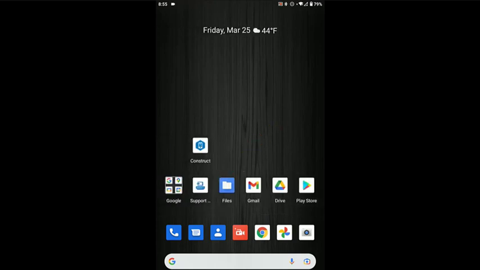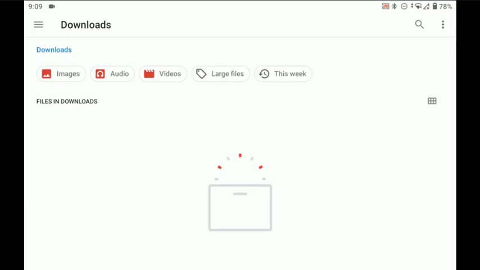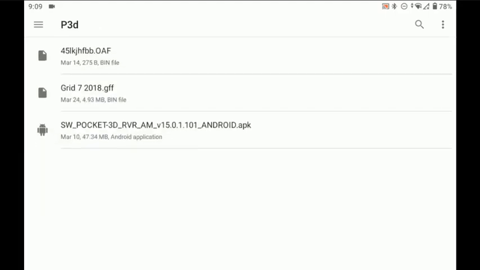So I'm going to click on the Files app here, and notice that it goes to the Downloads folder. And you'll notice in Pocket 3D for Android, it defaults to look for most all your information in the Downloads folder. Now I'm going to browse over to my OneDrive under the Pocket 3D folder, and notice here I've got